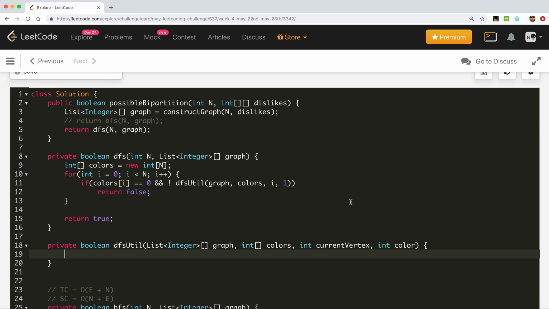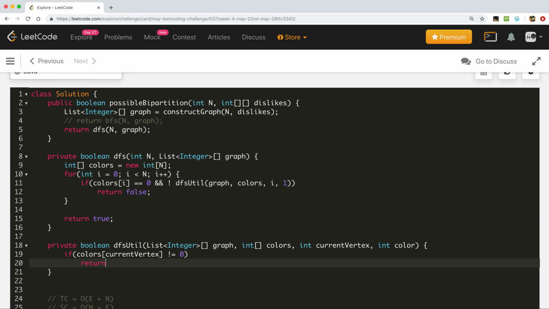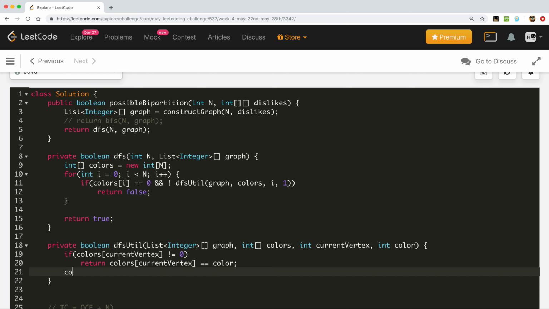So here we will check if the colors of the current vertex is not 0, basically already colored. If it is already colored, we just simply have to return whether the color of the current vertex is equal to the color of the given DFS path, basically the assigned color we are trying to assign. Otherwise, if it is not already colored, then we need to update the colors for the current vertex with the current color,